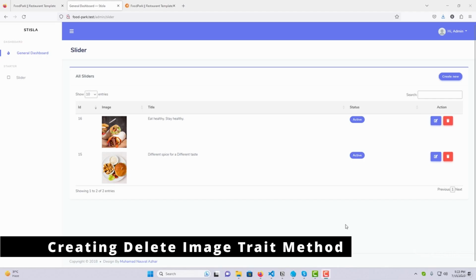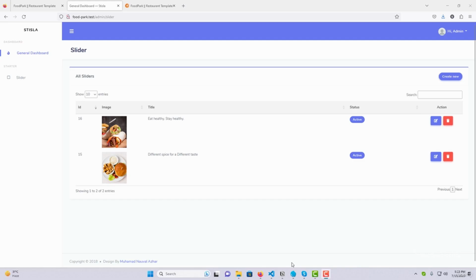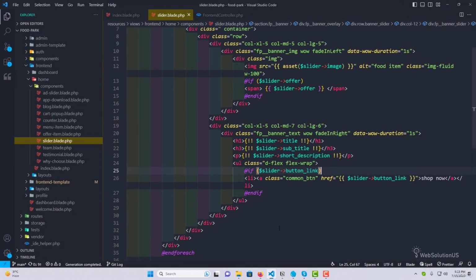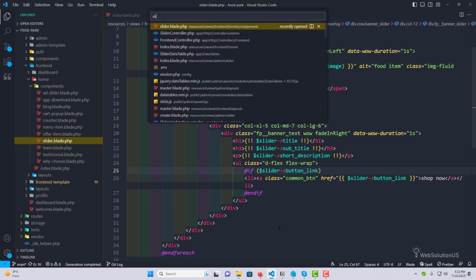Hello everyone. So in this video we'll be creating a trait method to delete our files. So previously we completed our slider code, right? It's totally working fine, and we are showing all of our dynamic contents at our front end as well. But the thing is, if I go to the slider controller,